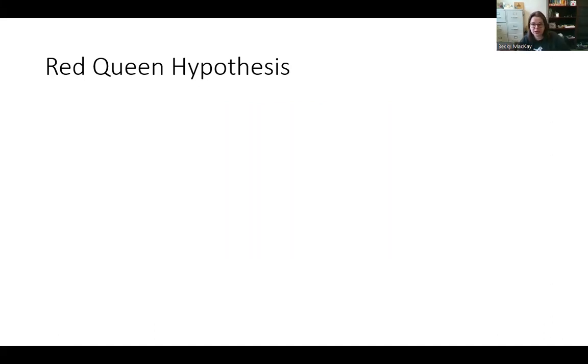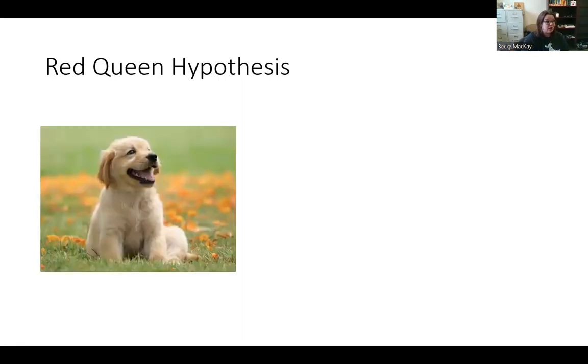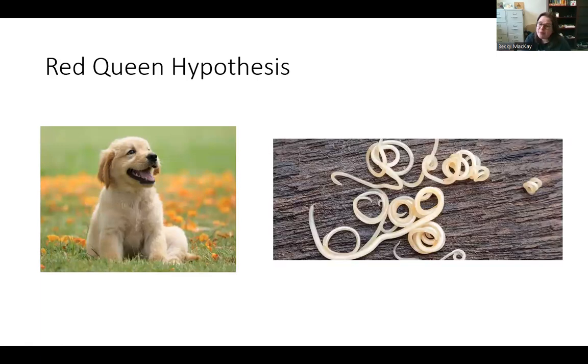Another example besides predator and prey, where you see this in evolution, is parasites. So you have this really cute little puppy, and like a lot of puppies, it's full of parasites. So this is a roundworm. Really commonly found in puppies. It's transmitted through poop, and, you know, dogs like to eat poop, especially puppies, or they might live around, you know, if there's lots of animals around, they just might be surrounded by poop and things like that.